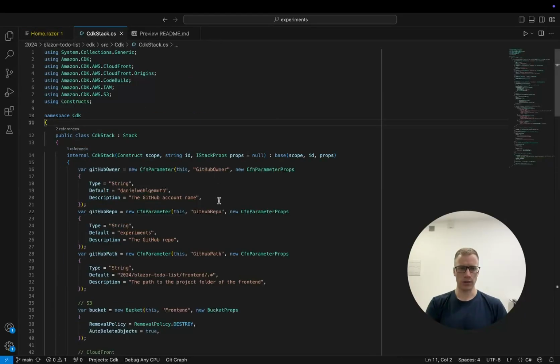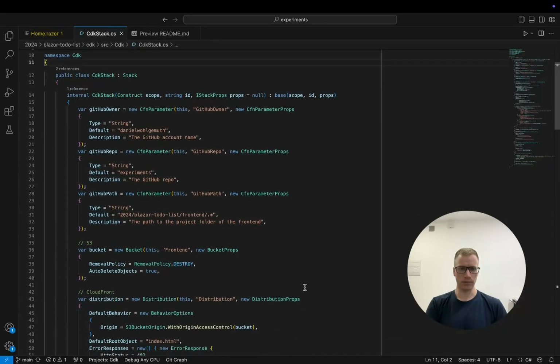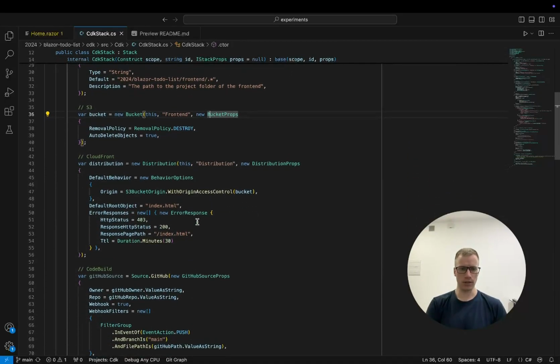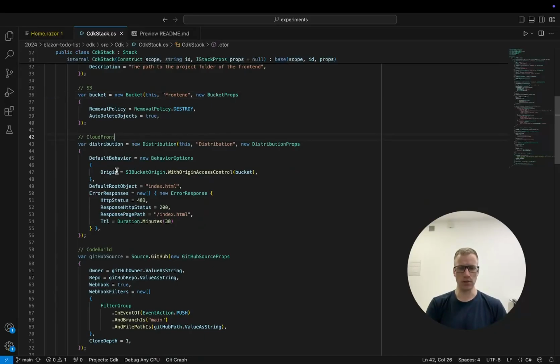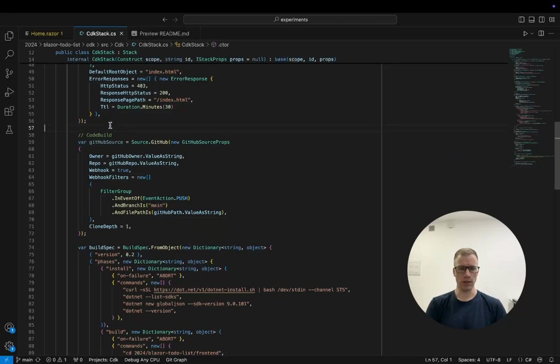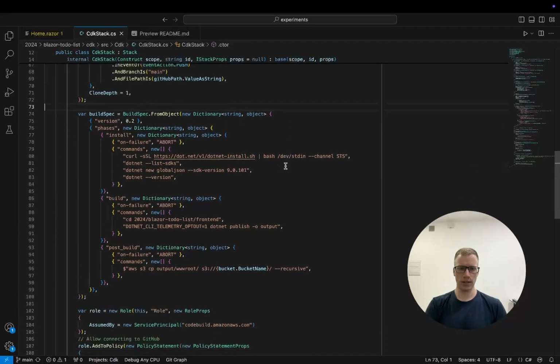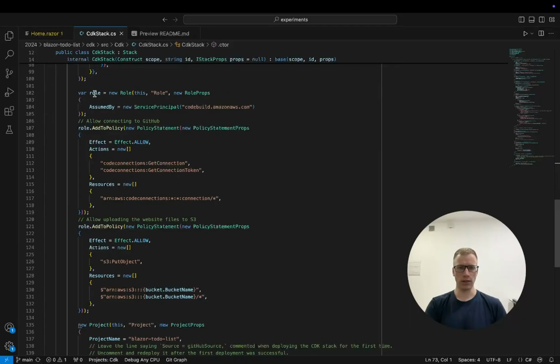On the infrastructure side, we have a few parameters of things that could change. We define the S3 bucket, the CloudFront distribution, which uses the S3 bucket as an origin. Then we have the section with all the CodeBuild pieces, for example, defining the GitHub repository as the source, defining the build spec on how our project will be created, and defining the permission,